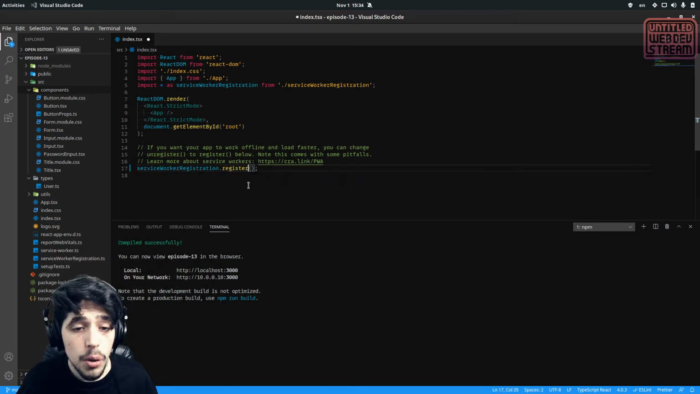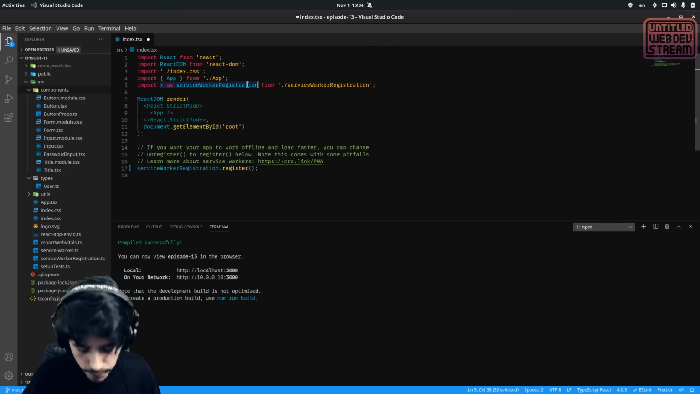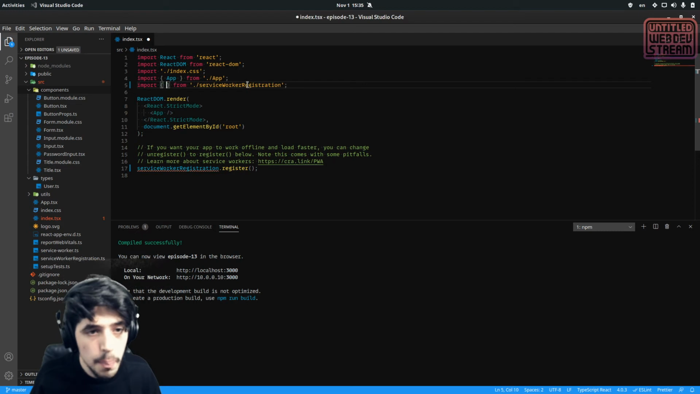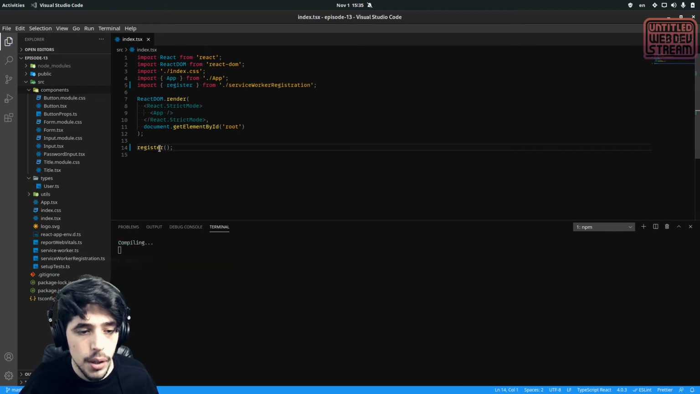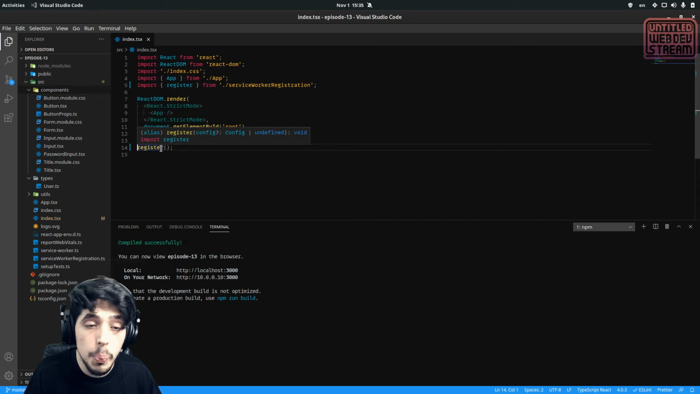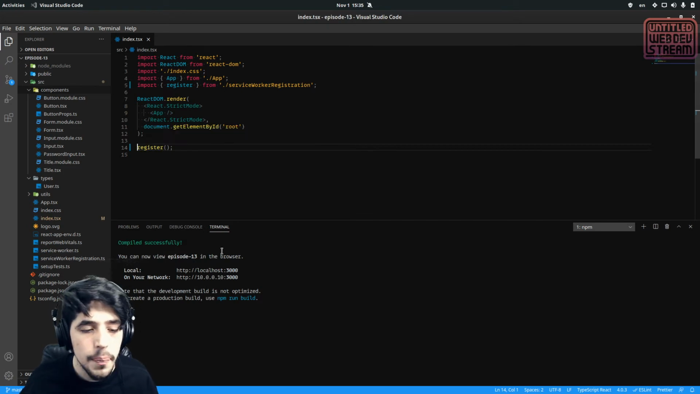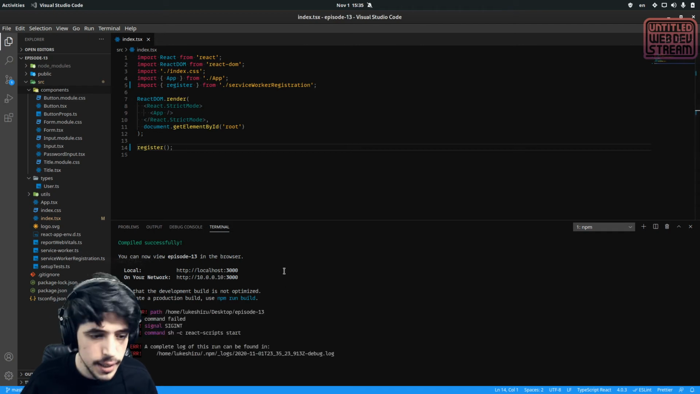Okay, you can do it this way, or you can do it in a cleaner way. You can just import register in here and just call register as a function. Okay. So this will make your app support offline, basically, okay? So we have this in here, and let's think what else I need. I think we don't need anything else. Yeah, just switch this to register, and